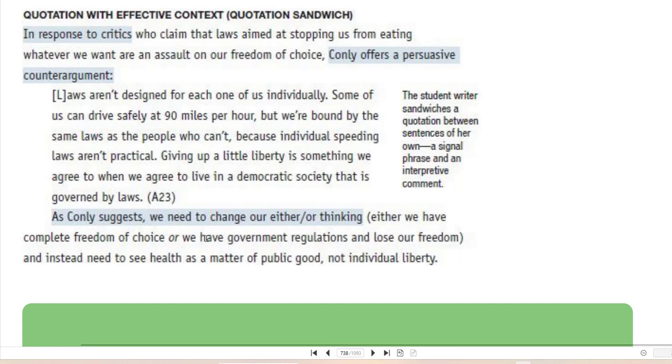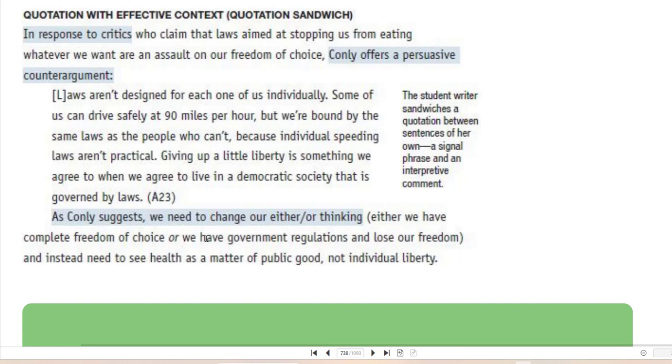Some of us can drive safely at 90 miles per hour, but we're bound by the same laws as the people who can't, because individual speeding laws are not practical. Giving up a little liberty is something we agree to when we agree to live in a democratic society that is governed by laws.